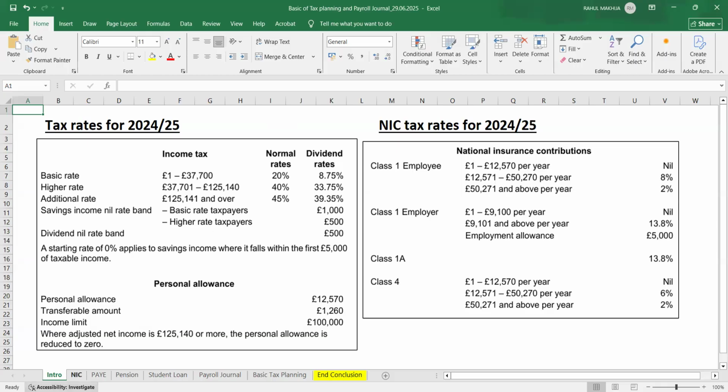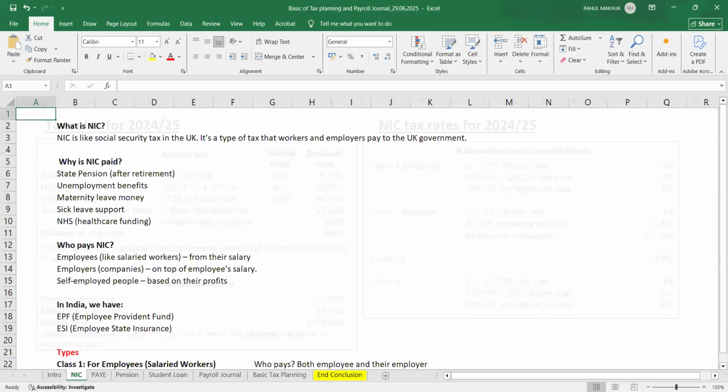Okay. So moving forward to the next sheet, which is for NIC. So what is NIC? NIC is like a social security tax in the UK. It's a type of tax that workers and employees pay to the UK government. So you will be having a question: why is NIC paid? Because of the state pension,